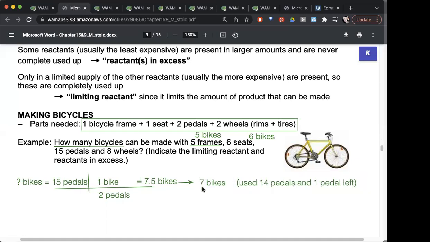All right. Oh, but we can't make 7 bikes, right? Because we're going to have to just make 5 bikes. What about 8 wheels? Let's take a look at that one. So our process is that we're going to look at how much product we can make starting with each ingredient that's listed. So if we have 8 wheels, and we know that there are 2 wheels per bike,